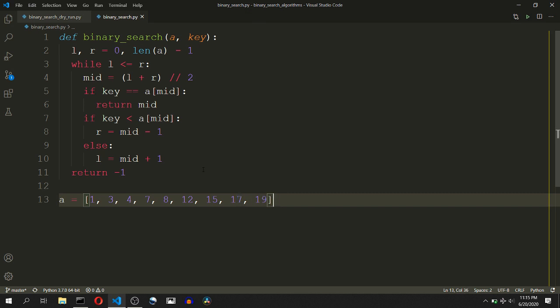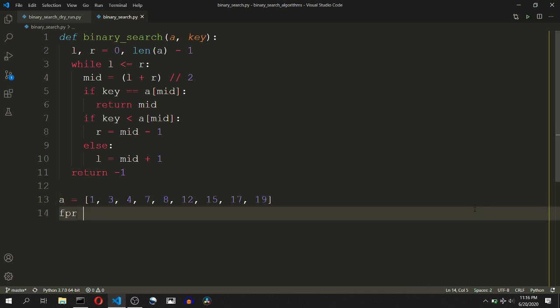Let's see what happens if we try to find values between 0 and 20. I'm taking the values 0 and 20 because 0 is less than the first element and 20 is greater than the rightmost element. So in this way, we can cover almost all the cases, that is the values which are lesser than the array, greater than the array, and all values between these arrays.